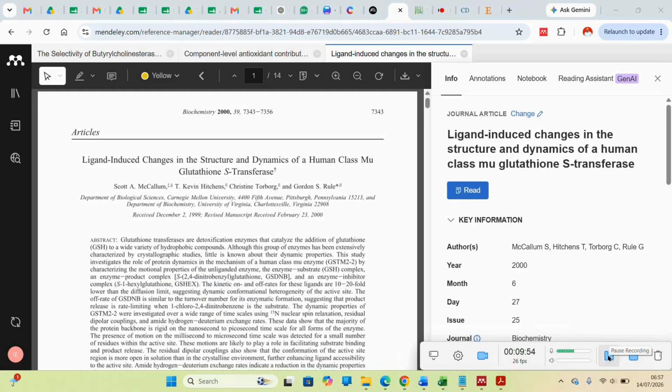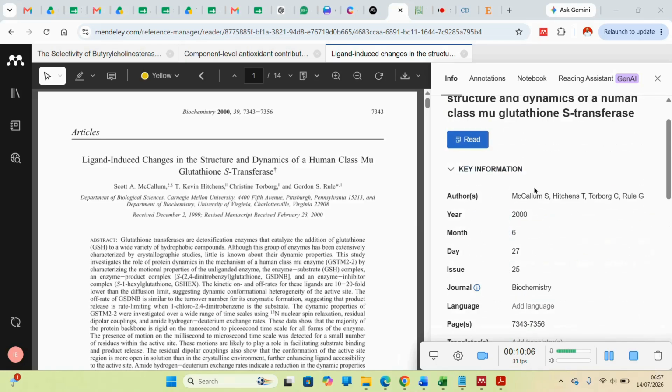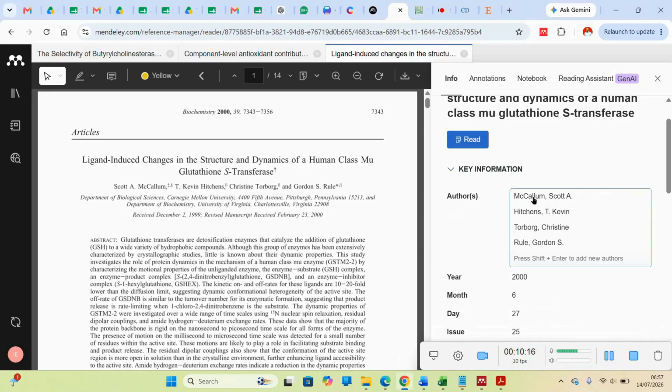So for those of us who are used to the other desktop app, Mendeley desktop app, you recall that it's exactly the same thing. You have to come to this section and cross-check because there may be errors in some cases, especially the older papers. So you have to ensure that the names here align with what you have here. So Scott A. McCallum, confirm that. You confirm all of them. And then once that is done,